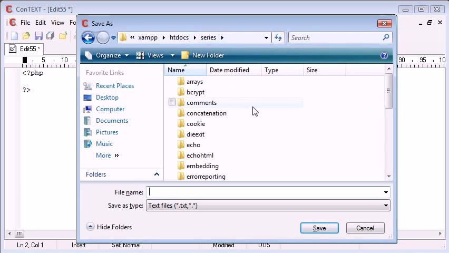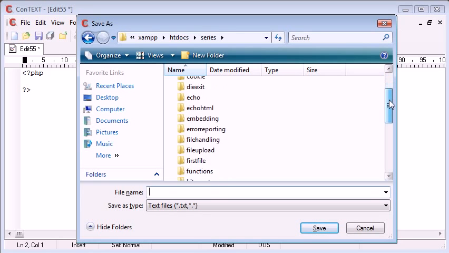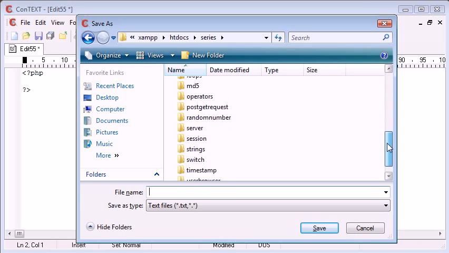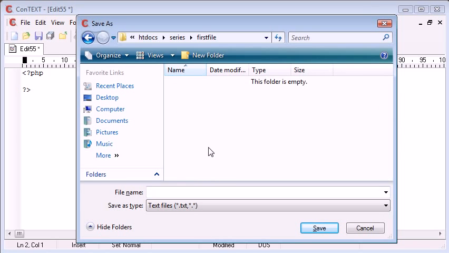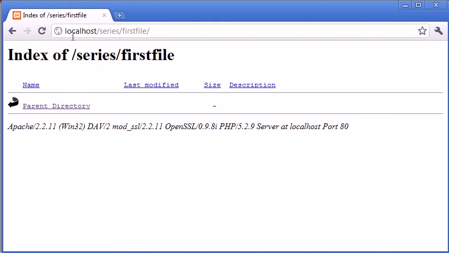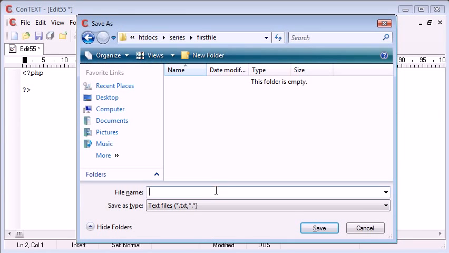Now, I have a folder inside my htdocs folder called series, and this is where the code for the videos for the whole series will go. I've created a particular folder here called first file. So this is how we're going to access it in our web browser. We're going to go to localhost, series, first file, and then we're going to have our file name here. So let's just call this document